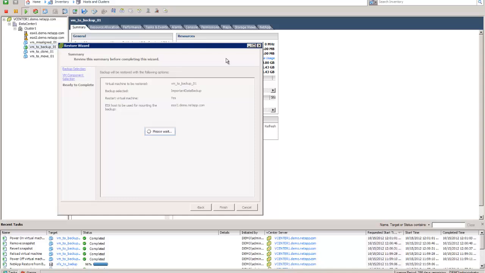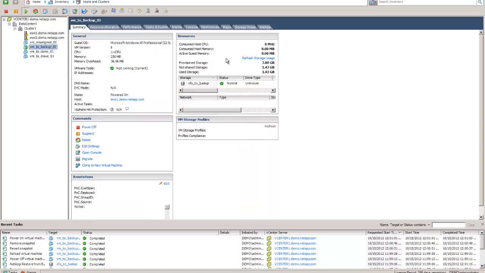So compare this process to how long it would take you to call Iron Mountain, schedule them to bring a tape back. That alone would probably take you 4 hours. Get them to bring the tape back, find a tape drive that can load the tape, re-inventory your library, open up your software and get it to recognize the older tape, find which backup job you need, get the backup software to open up and do all of those things to restore this virtual machine. And we just did that entire process